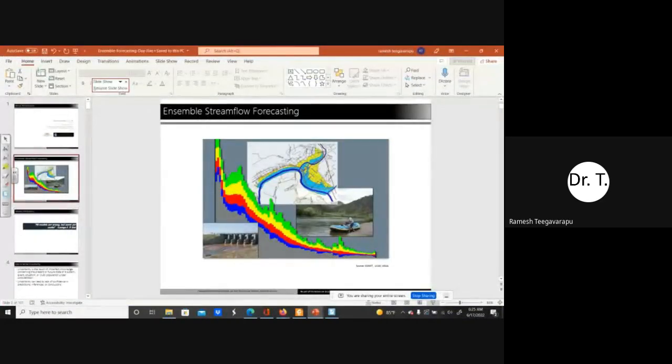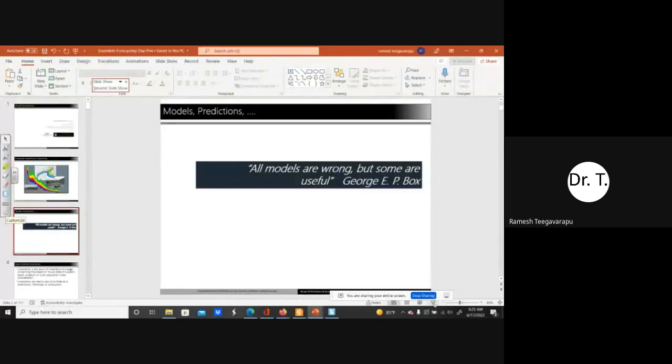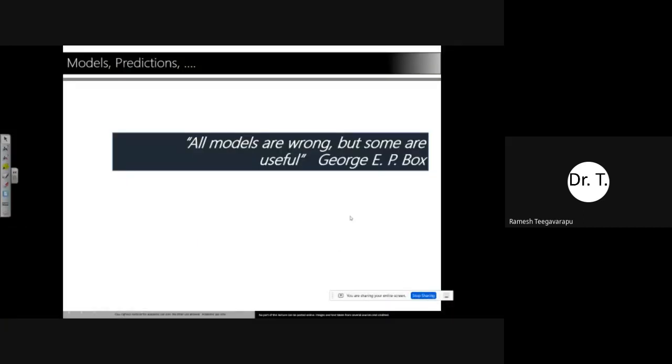So basically, that's what this particular story tells us: all models are wrong because none of the models can represent reality perfectly. Every time, even if you're using a complex machine learning model, you are making some assumptions about the process. You are linearizing some of the nonlinear relationships, because we cannot understand the complete nonlinearity in the system. We don't understand some processes, and we don't have actual measurements to understand them. Therefore, according to Box, all models are wrong, but some are useful.